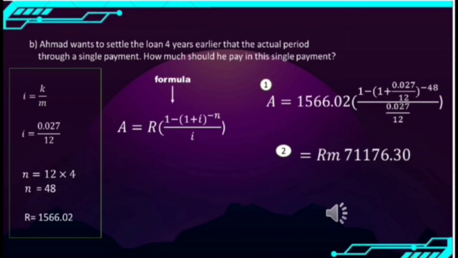So let's look at number 1. A equals 1566.02 times open bracket 1 minus open bracket 1 plus 0.027 over 12 close bracket to the power of negative 48, over 0.027 over 12 close bracket. Okay, and the answer is RM